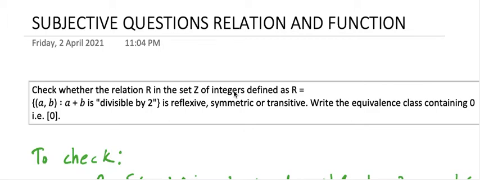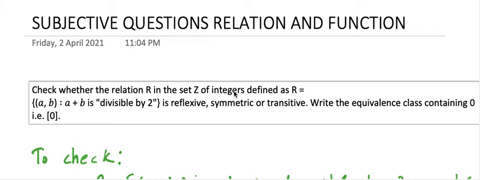Children. So I'm back with subjective questions from the relation and functions chapter. In my previous video, we had done one marker questions from the same chapter itself, relation and function. Now I'm taking up the three marker problem from the sample paper, which is: